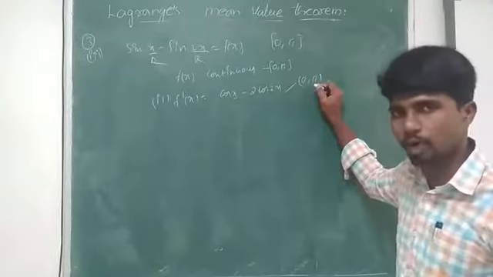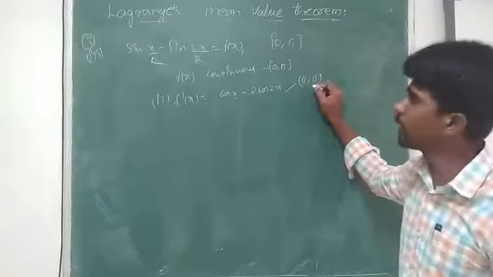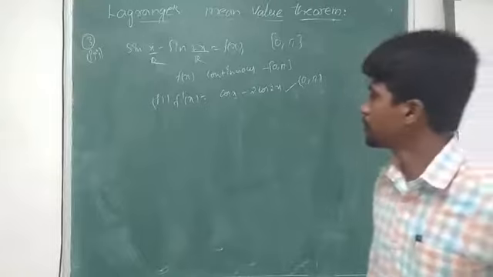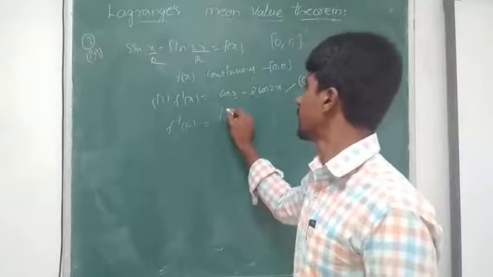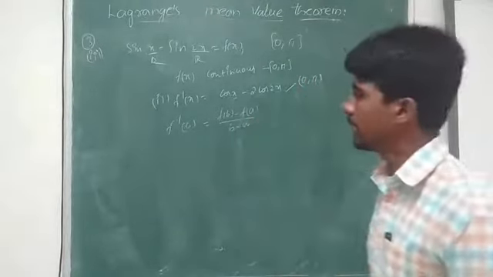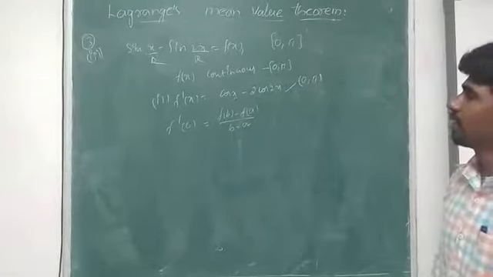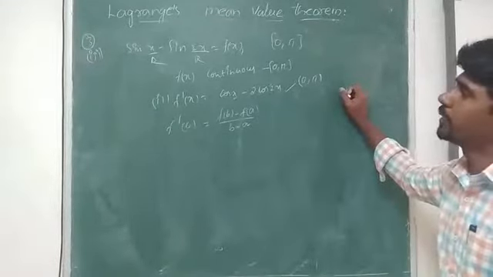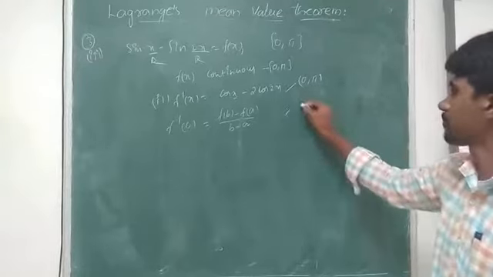So we are going to find the point C, where we can draw a tangent which is parallel to the chord joining AB. Chord joining the points AB, right? For that purpose, what do I have to do? I have to consider f dash of C is equal to f of B minus f of A by B minus A. What is f of B and what is f of A? So we find these values.